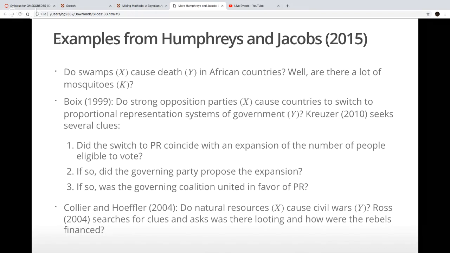And then a more qualitative study by Kreutzer came along, I guess, much later, and sought several clues that were thought to be relevant if the proposed theory was correct. So did the switch to proportional representation coincide with the expansion of the number of people eligible to vote? That would be a relevant